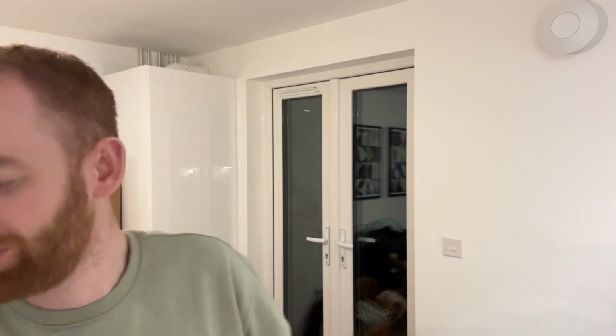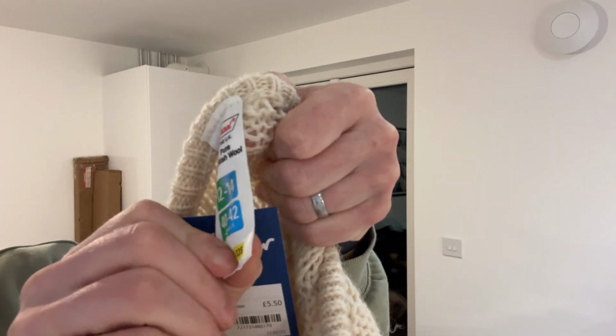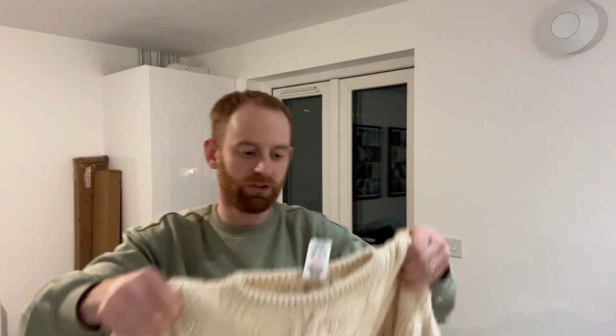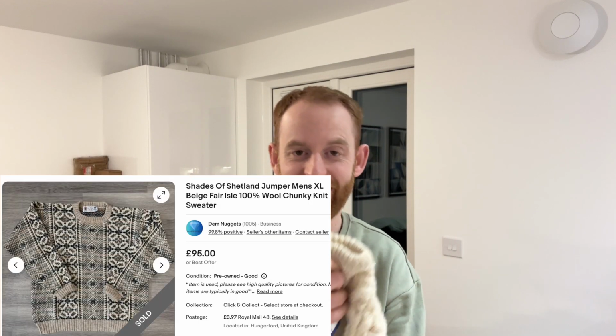I'm going to go through my wife's pickups today. She's got some nice things as well. First one was this really nice vintage St. Michael, made in UK, British wool, chunky knit jumper. That'll do really nicely. And I'm going to show you a sale here that I sold yesterday, and it was